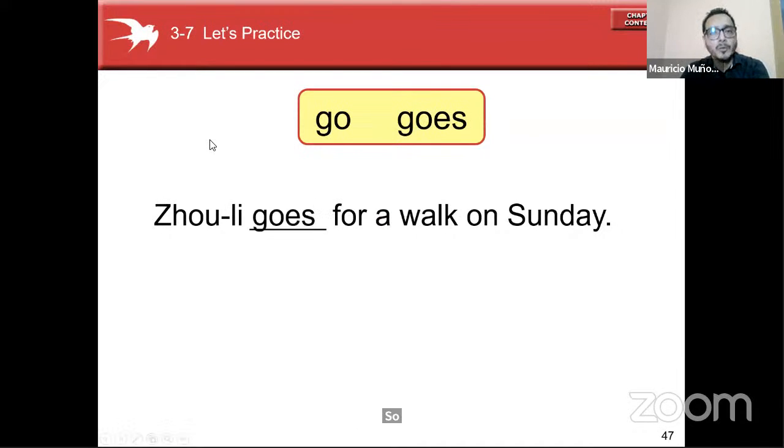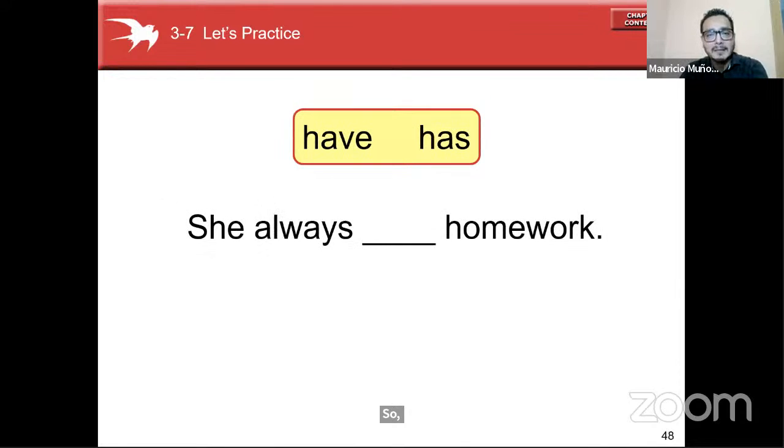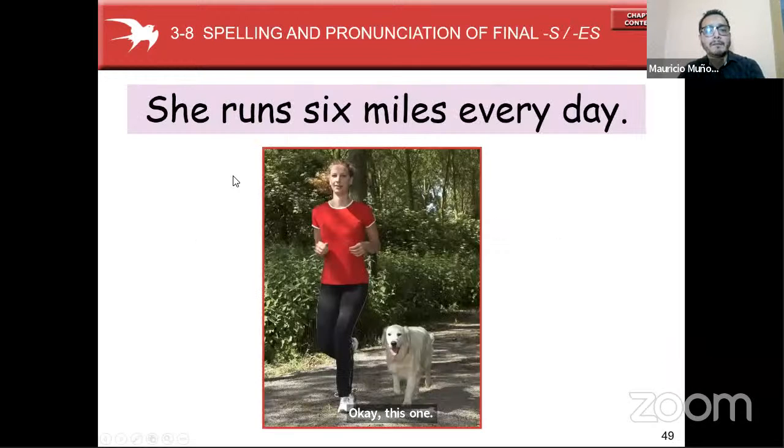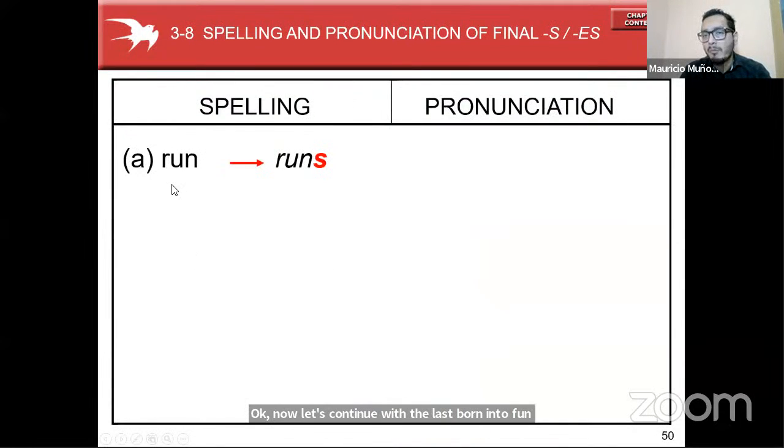Nice. Goes, third person, perfect. Okay, this one. She always has on the word. Correct. Third person, excellent. Okay, now let's continue with the last part. In the third person spelling rule. Remember, most of the verb we add the suffix letter s. For example,